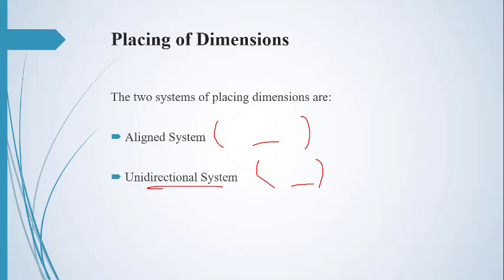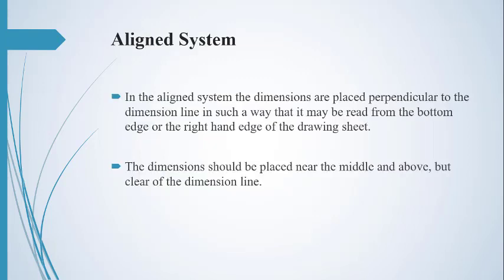Coming towards each one by one, the aligned system. In the aligned system, the dimensions are placed perpendicular to the dimension line in such a way that they may be read from the bottom edge or the right hand edge of the drawing sheet. This statement